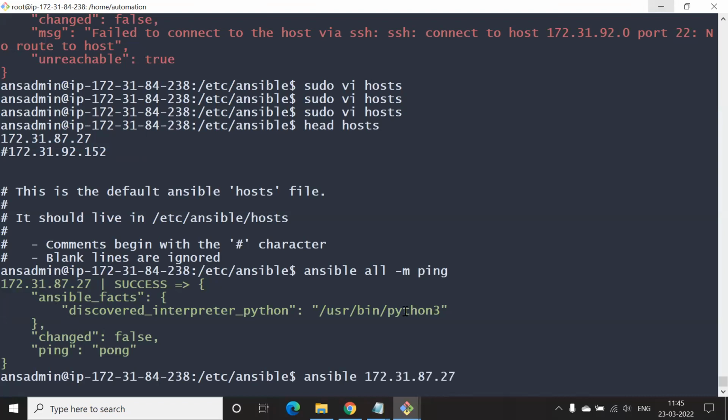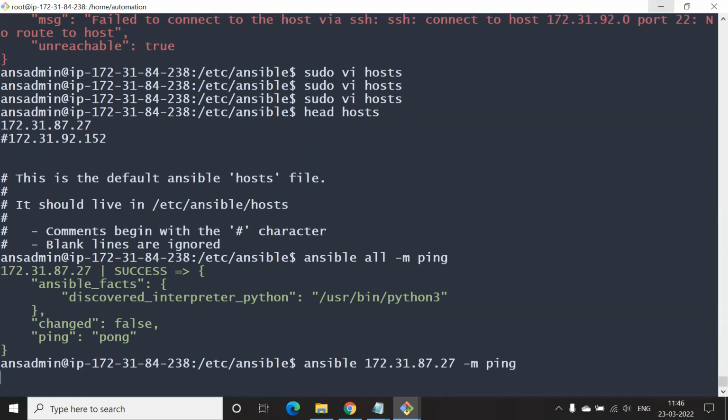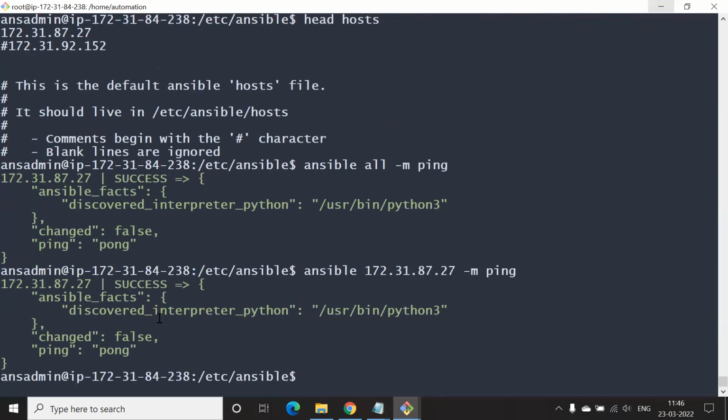That's it. Space -m ping. No, at the end. After ansible, you give the IP address, and then at the end, space -m ping.